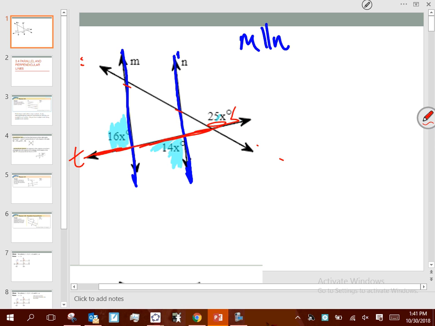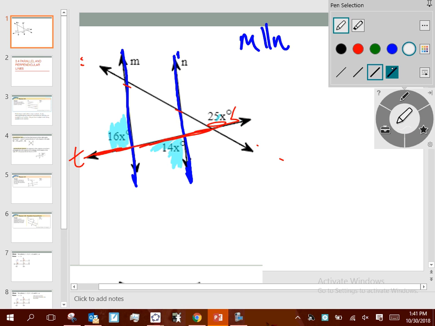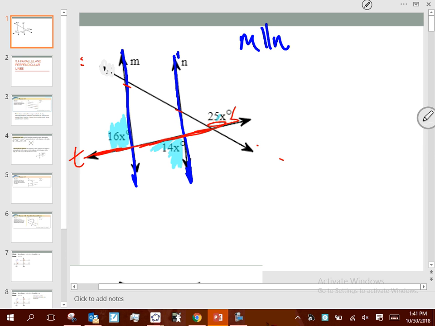I highlight T. My hopes are that you see that you no longer need this transversal here. If I don't need that transversal, I'm not going to need the 25x. It's just really confusing. Now you have these two things, and they're not directly related to one another because one's an interior angle, one's an exterior angle, and they're on alternate sides. Well, this 16x, can that be transferred to right there? And now what is the argument between that angle and that angle if I want M to be parallel to N? They need to be same side interior, so they have to be